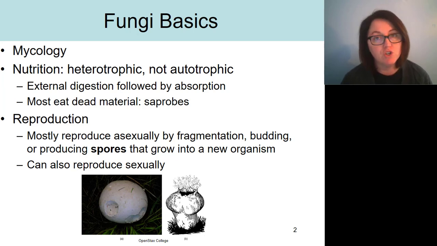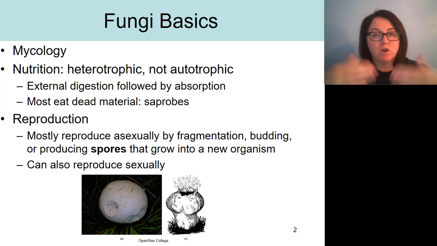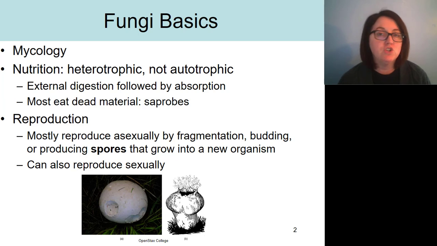Typically, sexual reproduction only occurs in fungi under environmental stress. When times are good, the fungus will just keep making identical copies of itself using spores, because if it's successful in that current environment, you don't really need the diversity. You can just make the same type of organism over and over again. So you can use that asexual reproduction. But if something changes in the environment, like temperature or moisture, that could be a stress on the fungus, and then it might reproduce sexually.